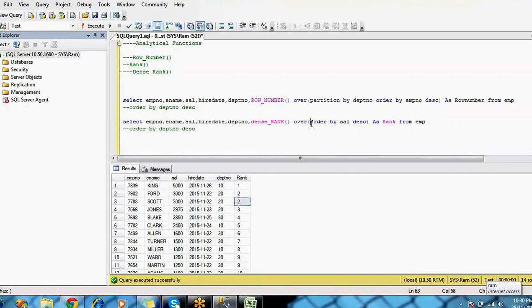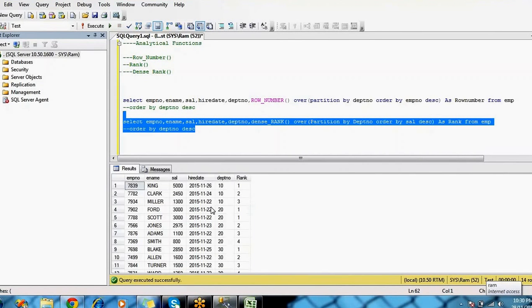So for this kind of partition, you write partition by department number. If you execute this, in department number 10 there are three ranks: 5000, 2450, 1300.